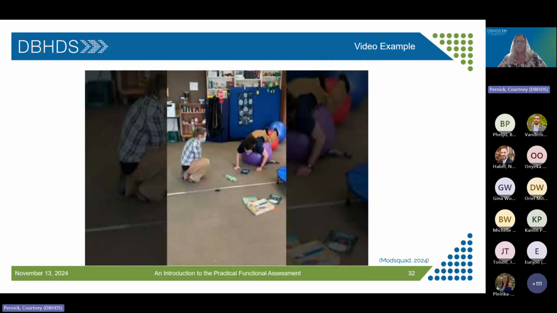When it's time for the EO context, the implementer stands, claps, says the person's name, moves closer, and at the first sign of problem behavior, they move back and kneel back down. Notice they're not trying to have a bunch of interaction with the individual. That person is leading their interaction. They reach out for a high five a couple of times. The implementer is just following that learner's lead during the reinforcement context.